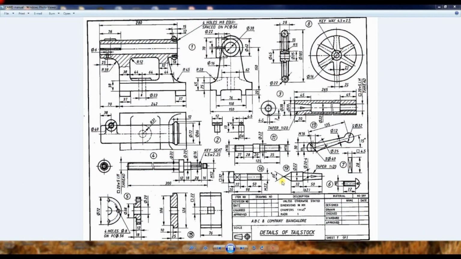After completion of part number 1 to 7, I am going to go for part number 8. This is the front view and side view. In the side view you can get the cross section view, and all dimensions. The 35 mm diameter, and one more is 45 mm diameter,